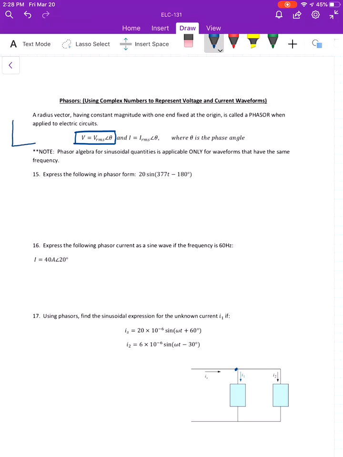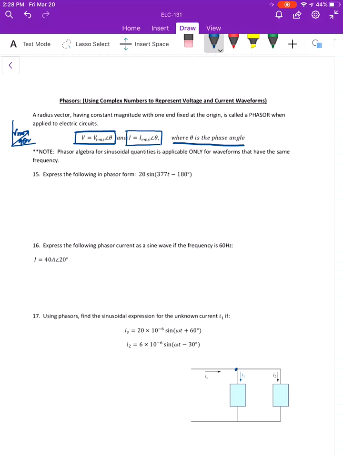So imagine that your sinusoidal waveform is really just a vector here on the coordinate system, and you're looking at your RMS voltage and your theta v for the direction, or for the location of that vector. And the current phasor is the RMS current and angle theta, where theta is the phase angle, or the phase shift of that